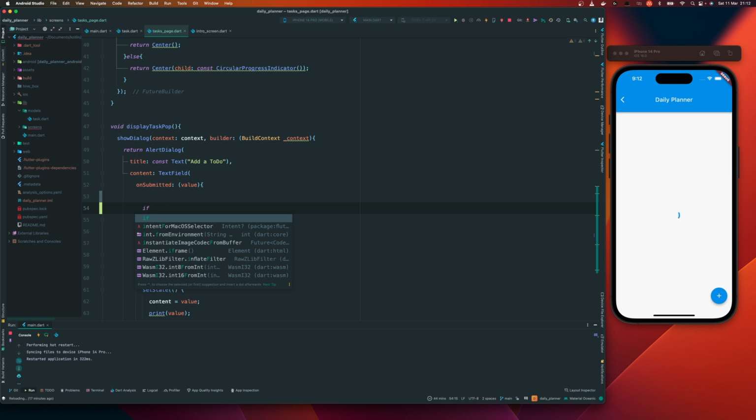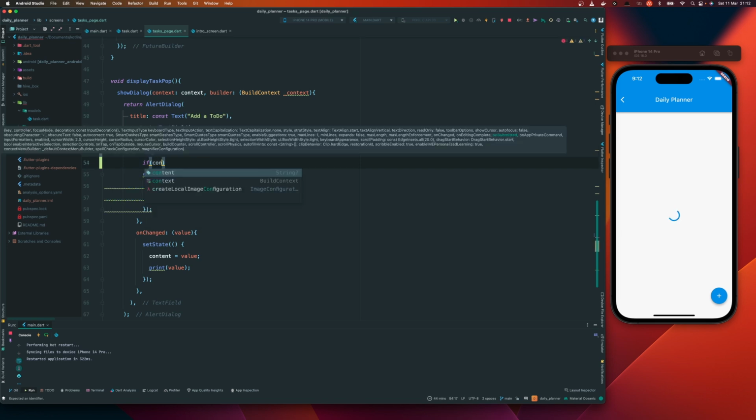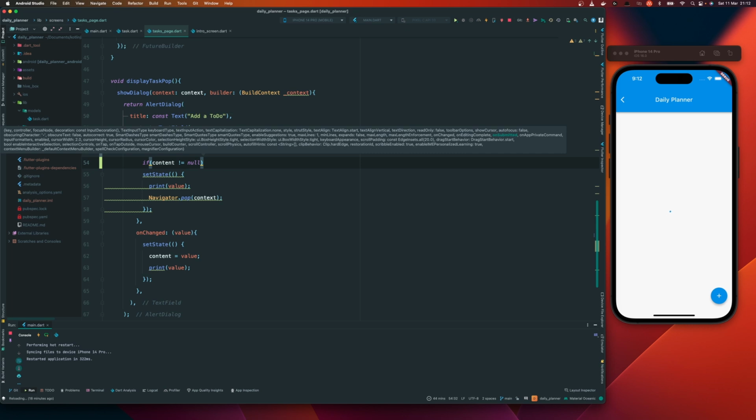Let me see if I've created, okay, we have a variable. So our text is now saved as content. So if content is not equal to null,